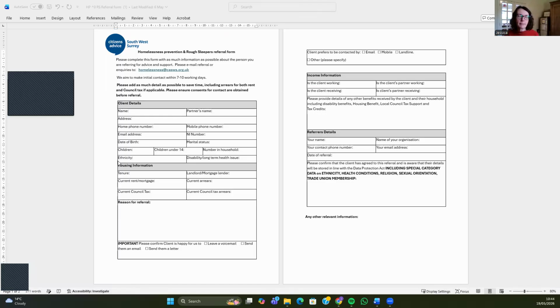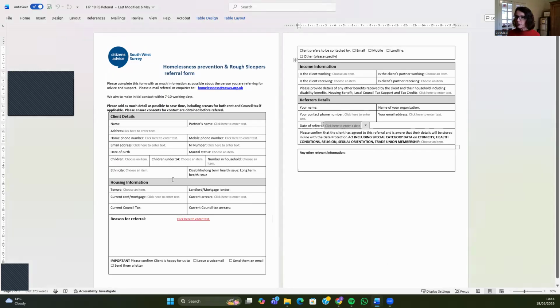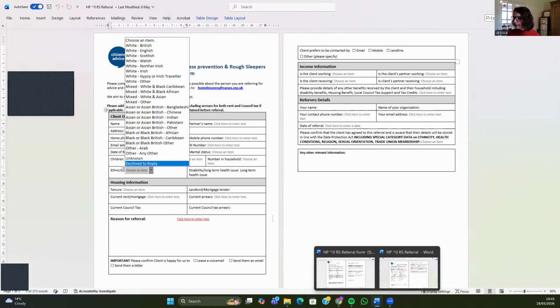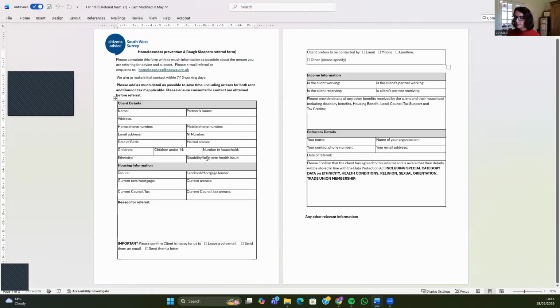There should be an explanatory email inside this, and then copies of the form for you to use if needed. The form you've got looks like this. It's got simple information to fill in initially. If we have the digital version, for ethnicity it would give you a drop-down of a whole range of options. So just talk to someone about ethnicity. People normally just let you know, they know what their ethnicity is, but that's the range of options you've got there. Back to the form, you can see whether they've got any long-term disability or health issues,